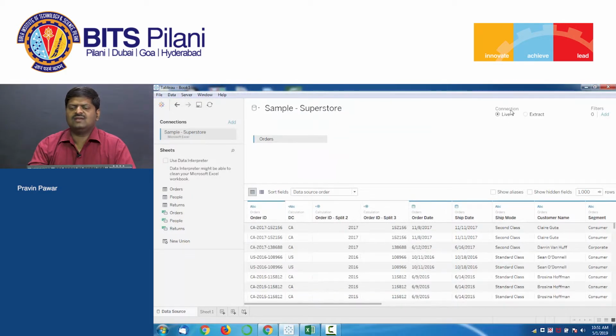Another thing that you need to understand is the connection type: live connection or extract. What is the meaning of a live connection? It makes a lot of sense when you are dealing with databases. If you want, when you are carrying out this exploration in Tableau, up to the second information to be made available for that exploration activity, the most recent data, then you can go ahead and use that particular mode,